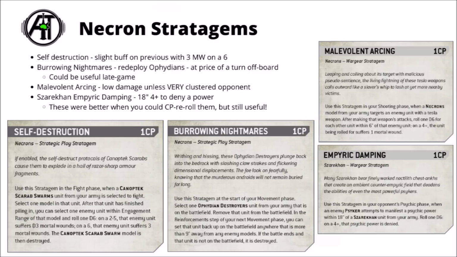For example, Sisters of Battle being able to use this at 24-inch range is pretty powerful, and it used to be a bit more powerful once you could re-roll that dice with a command point as well, where now of course you can't. Still though, some psychic powers can be absolutely devastating,